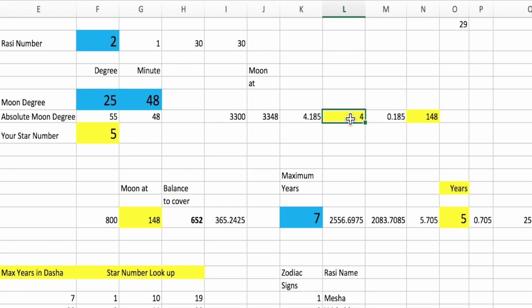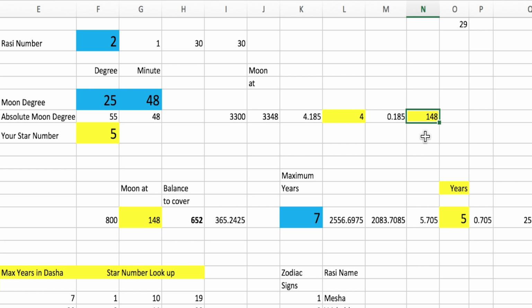And this we do by taking the integer of this number, 4.185. So you get 4, the integer of this number, and plus 1 of that gives you 5. So this person is born in the 5th nakshatra. We want to know the balance, which is the most important thing, how much the moon has crossed. So 4.185 minus 4 gives you 0.185. And this is multiplied back by 800 to know how many minutes of the arc the moon has crossed after it crossed the junction point